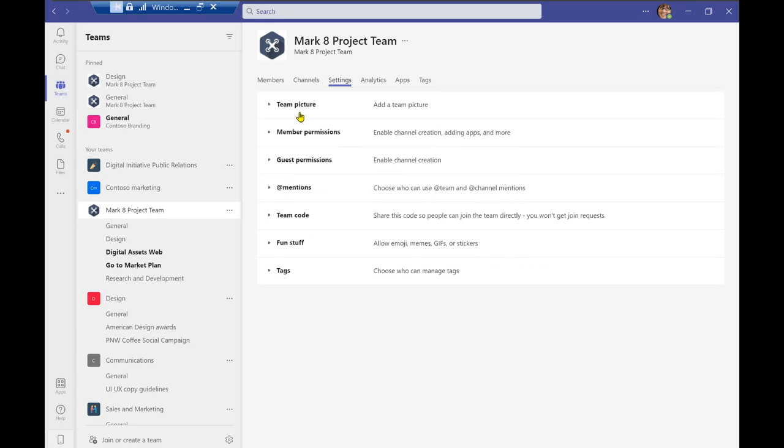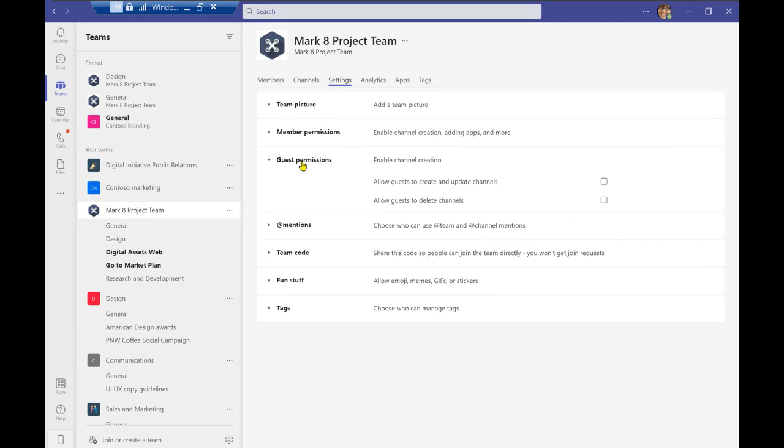Along with that, as I was mentioning before, we can also focus on specific guest permissions as well. Now, more often than not, sometimes within your organization, you may have guests that you may need to complete certain projects with, and Teams allows for that customization and flexibility in working with your guests. So you can allow guests to create and update channels if you needed them to do something, or you can allow them to delete channels as well. So if you were working on any temporary projects, or if you had a guest work on something and that guest is no longer working with you, you can go ahead and remove that information as well.